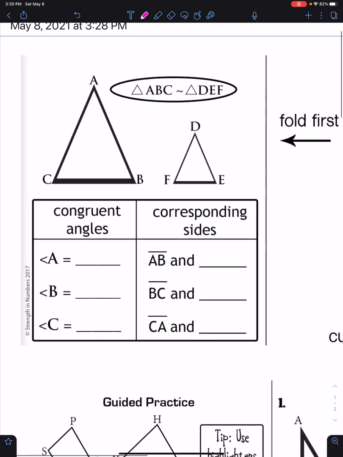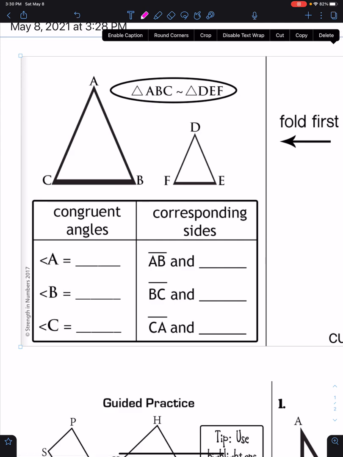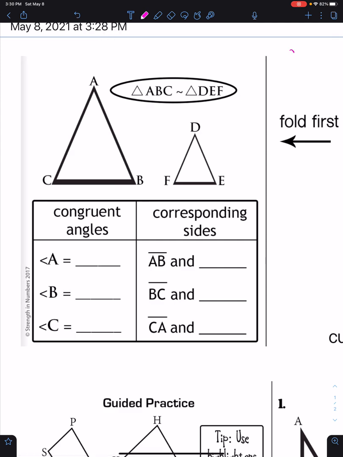So here's an example of two similar figures. It says the triangle ABC is similar to triangle DEF. This little squiggly symbol right here means similar. And it does matter the order that those letters, those points, are in, because since point A and point D were named first, that means that